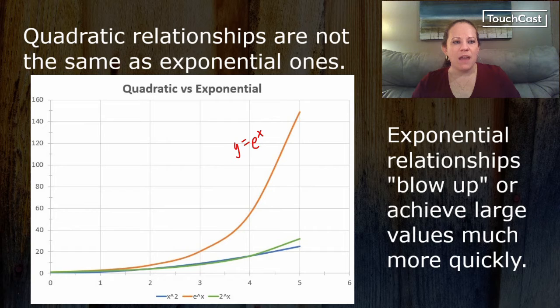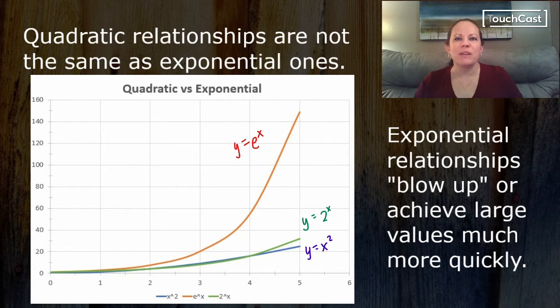and then we also have, just in case it's hard to read from the bottom, in green the function y equals 2 raised to the power of x, and down here in blue we have y equals x squared. So one key way that you can tell the difference between an exponential relationship and a quadratic relationship